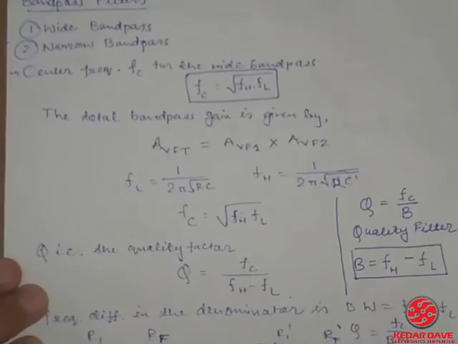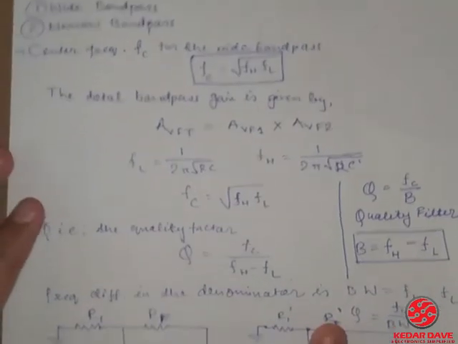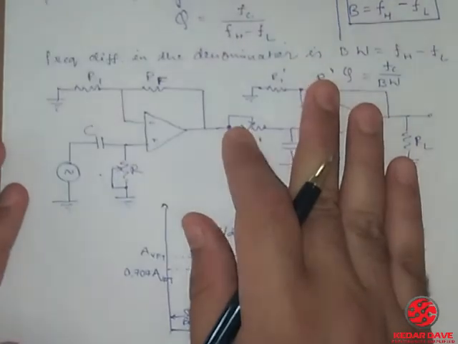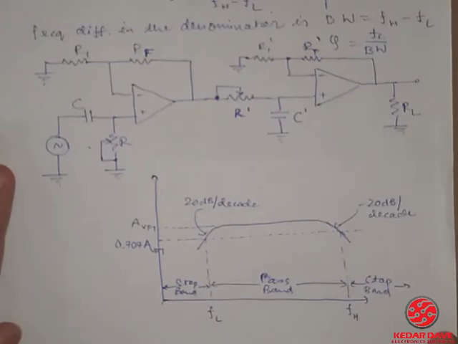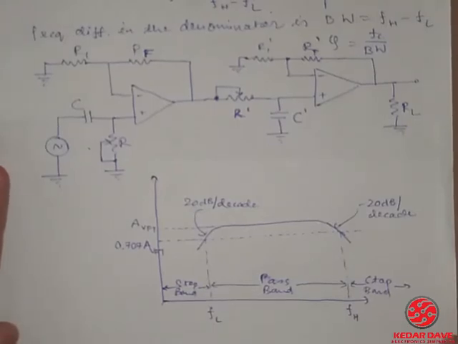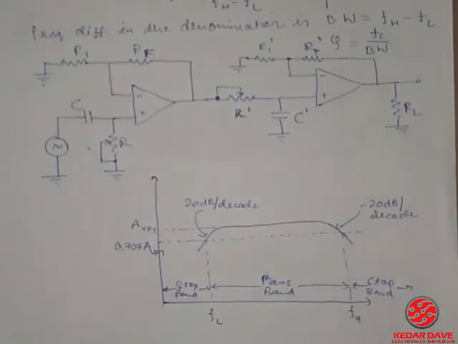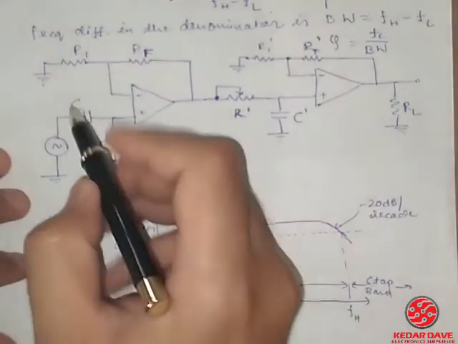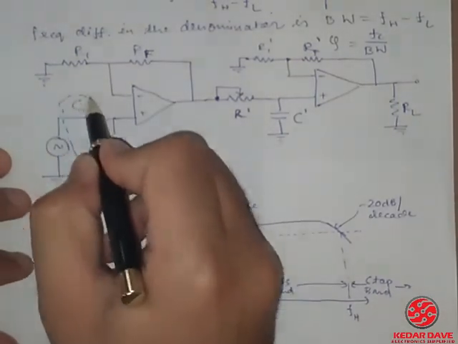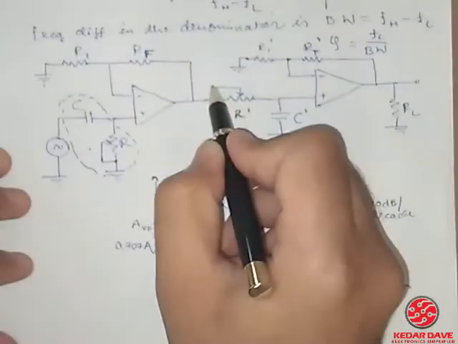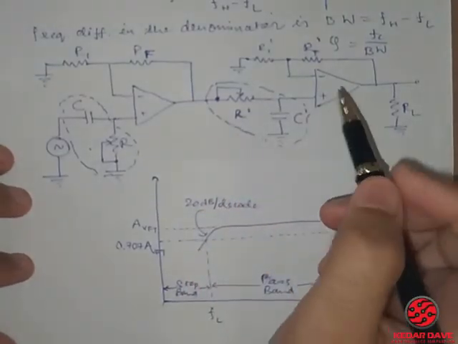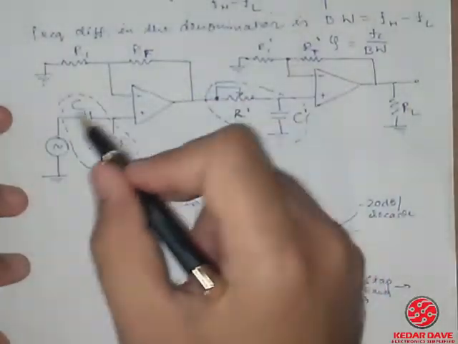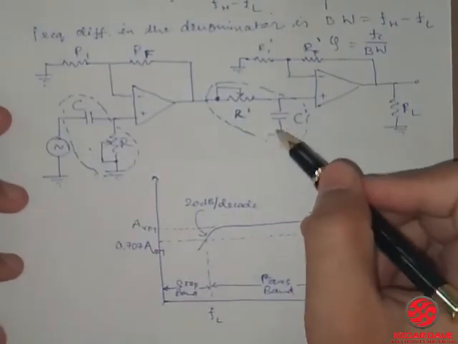Let's understand this band pass filter by using a circuit. Now how can a circuit be formed? So this is our circuit, and in this circuit, as you know, two operational amplifiers are attached. In these operational amplifiers we have some filters. If you check here, this is our higher order high pass filter, and this one is our low pass filter.